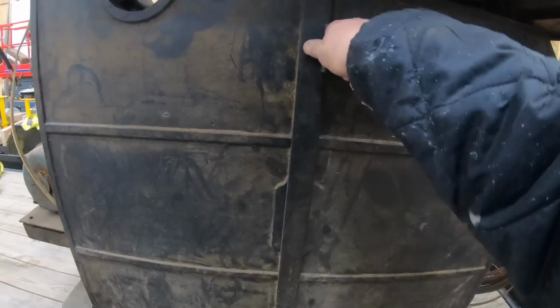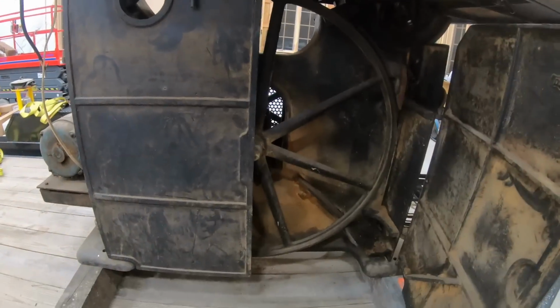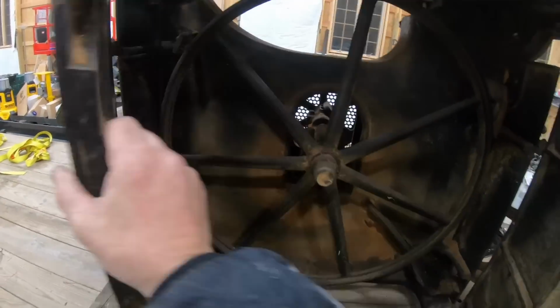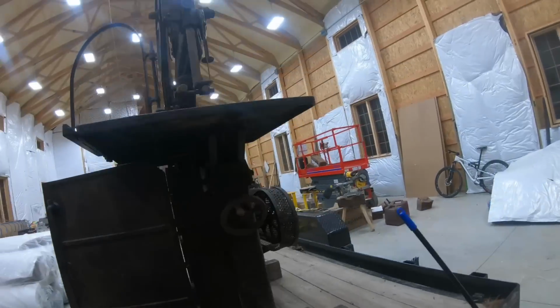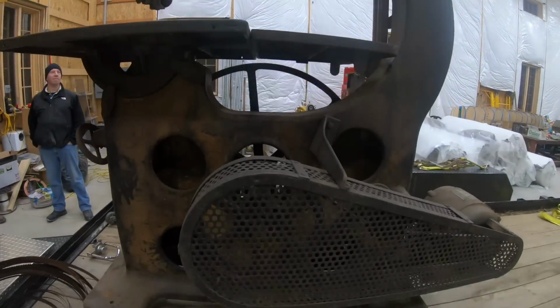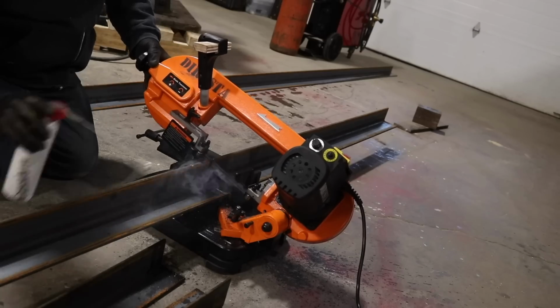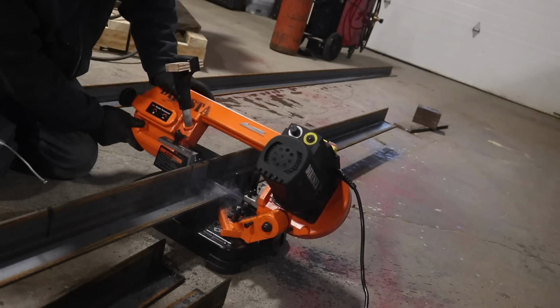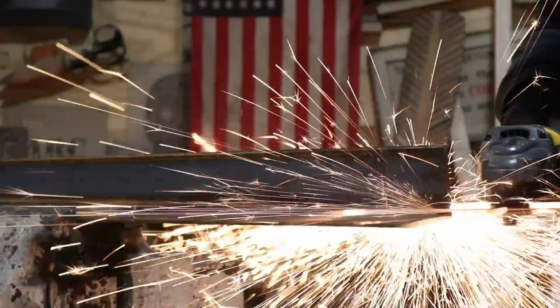The last vlog was named Big Bandsaw, and the Big Bandsaw is still right there on my trailer. I didn't really have much of a chance to dig into it until the last couple of days because of the cold. It's been so cold we haven't had a chance to do much of anything up here. But this Big Bandsaw just got a stand built. Made that video in the last week. It is just about done, but the video must end with the bandsaw being on the stand. So that is the next project I'm going to work on as soon as this vlog gets uploaded, probably tomorrow,